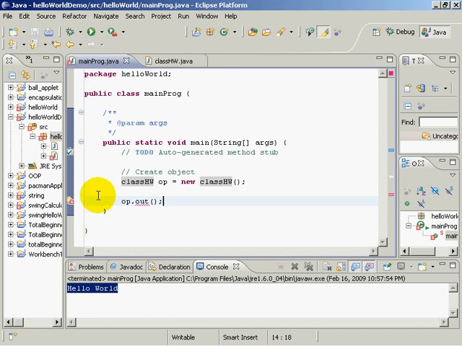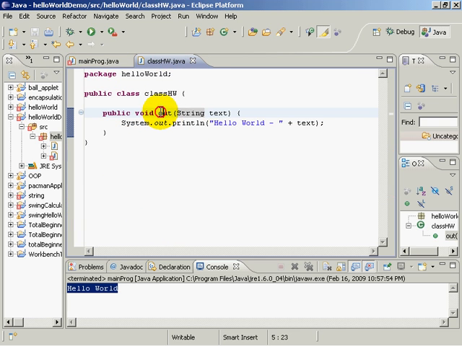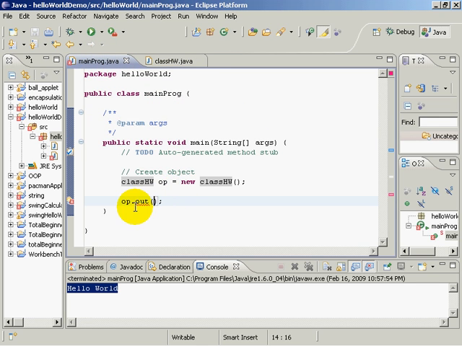Now it's complaining here. What's wrong here is if you mouse over it, the method out string classic is not applicable for the arguments. Argument. What's an argument? Well, kind of the same thing as a parameter, meaning this out method or behavior is expecting a parameter, but I'm calling the out behavior and I don't have a parameter to give to it. So what we want to do here is add some text. So what I'm going to do here is go hey,